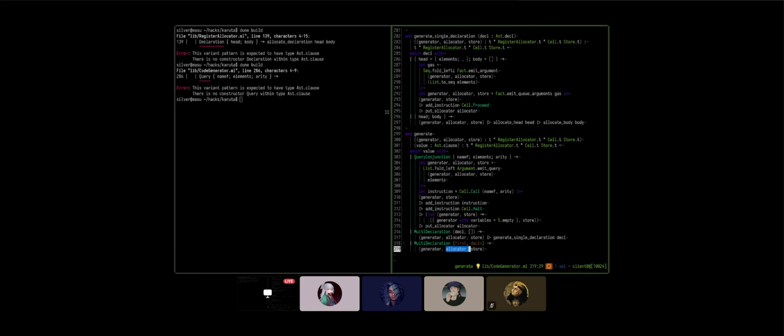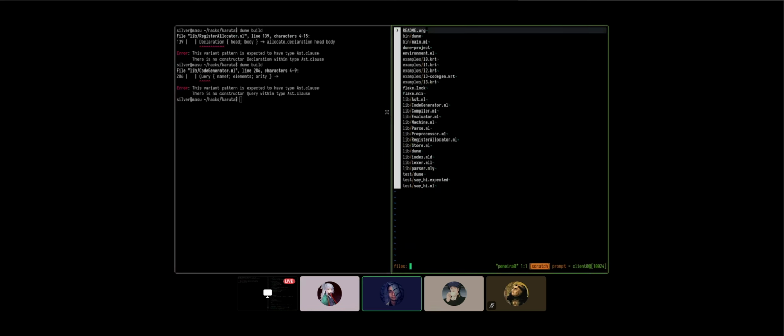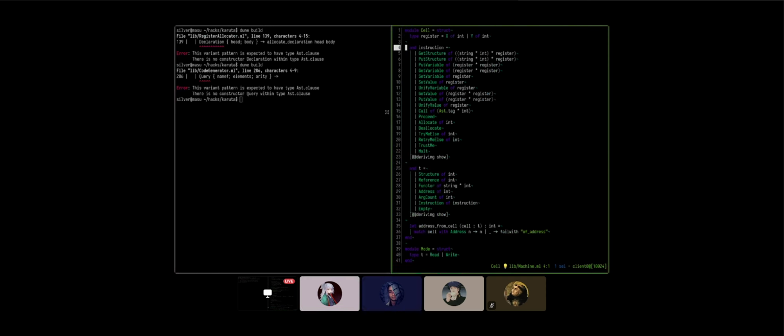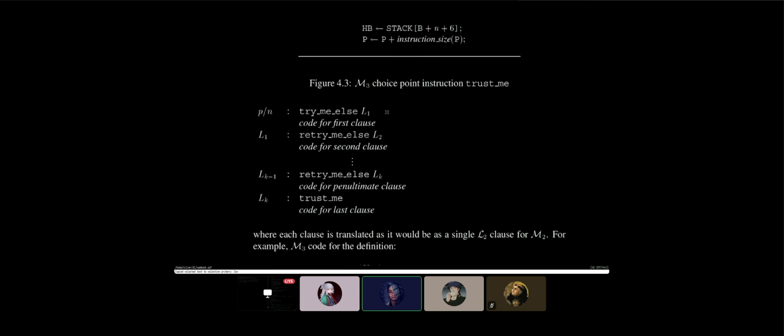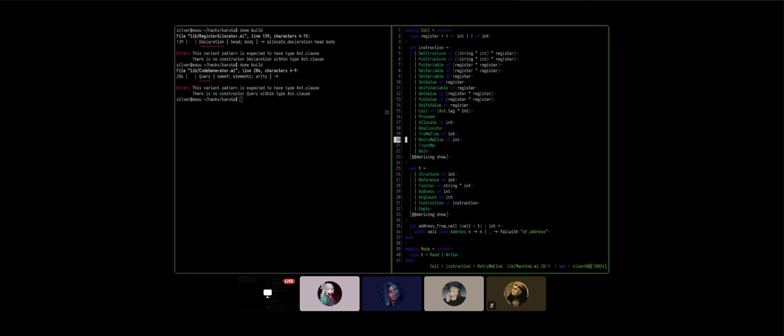Machine.ml, what do you mean? I think I put an integer there. It should be an option. Machine, line 19. No, but this is actually correct. This is not an option, this is an address, which is an integer, because if we're going to put a dummy value in the beginning, we can just put 0.